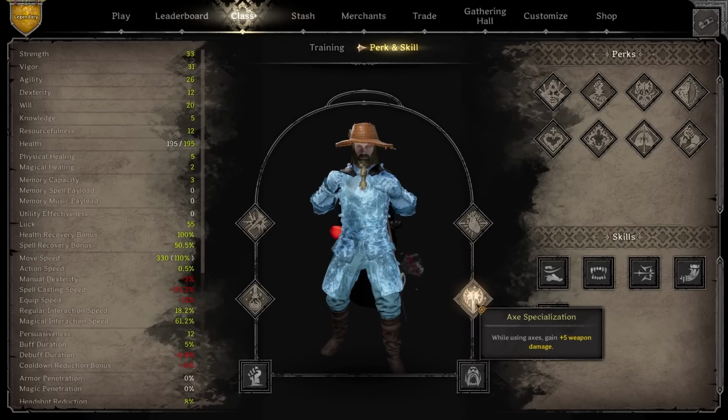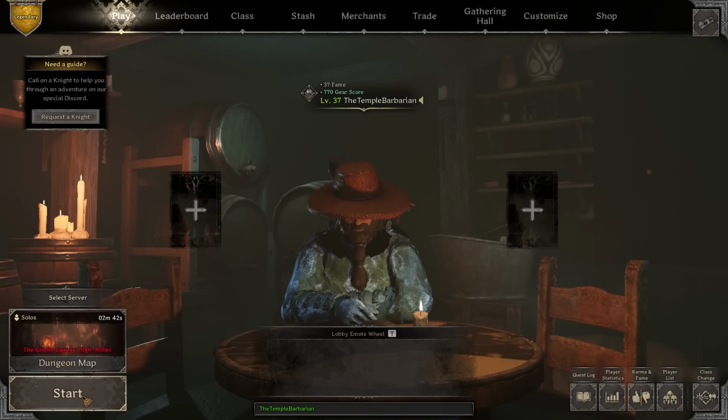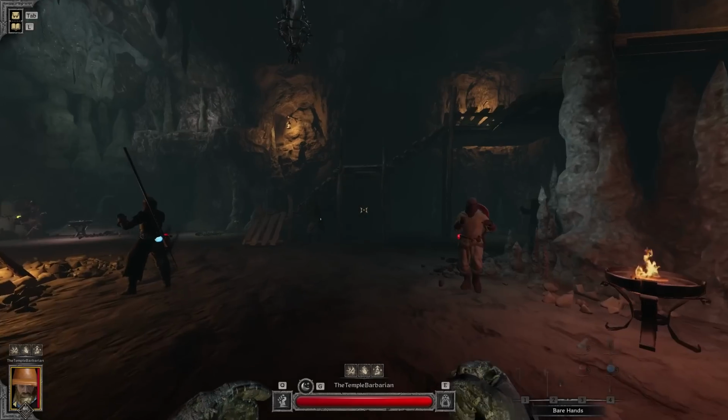Another perk I was thinking about taking was Iron Will. If I run into a magic user that I think is a problem, I will just be running away. Okay, and that's it. Let's go ahead and run Goblin Caves, guys. Oh yeah, by the way, Goblin...